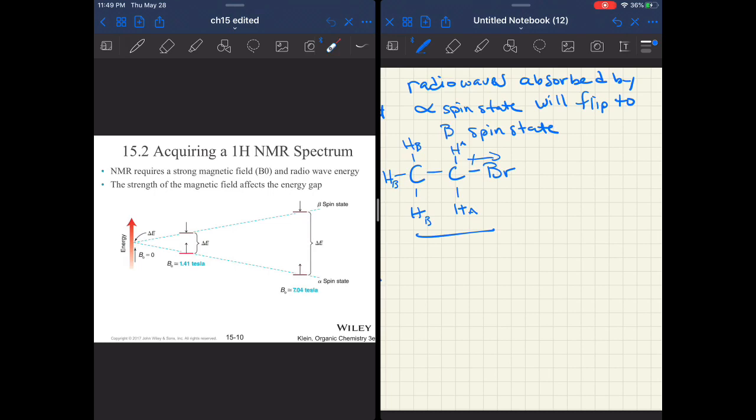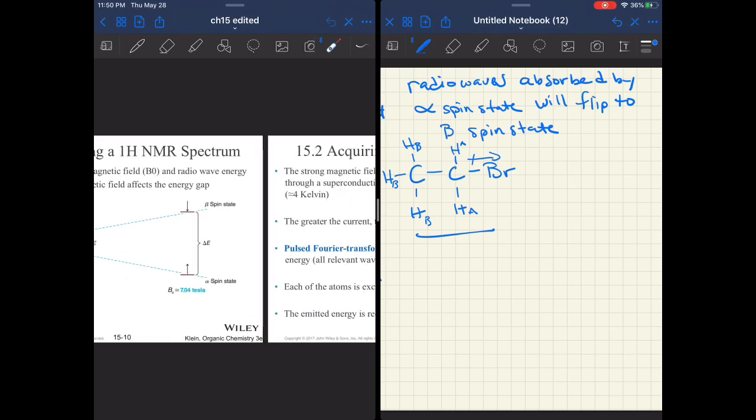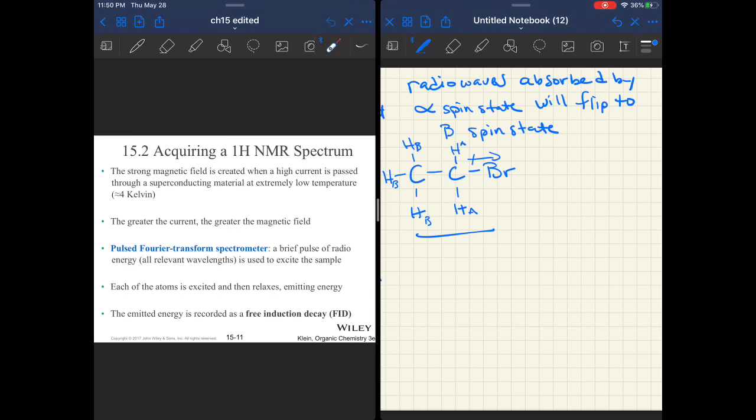But lucky for us, we live in a time where the computer is going to handle this. So whether an NMR was run on a small magnet or a large magnet NMR, you're going to read the spectrum the same. So we're not going to have to worry about that. The information that is collected from the instrument is,